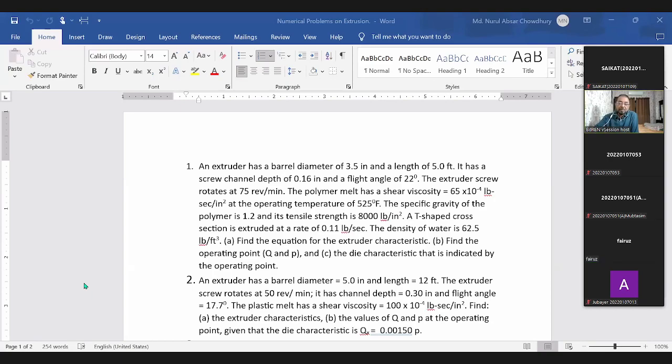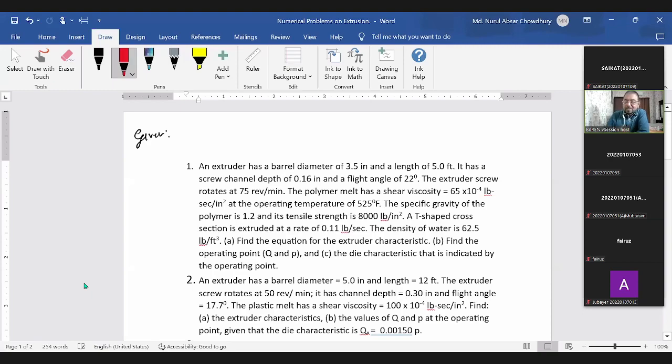স্যার, এই যে এখানে এটারই এক আর দুই। আচ্ছা, এক এবং দুই, তাই না? এখন ধরো, এখানে গিভেন কি আছে আমরা দেখি। ব্যারেল ডায়ামিটার D দেওয়া আছে 3.5 ইঞ্চি, তাই না? লেন্থ L দেওয়া আছে 5 ফিট। চ্যানেল ডেপথ Dc 0.16 ইঞ্চি। ফ্লাইট অ্যাঙ্গেল A 22 ডিগ্রি। এক্সট্রুডার স্ক্রু রোটেটস N দেওয়া আছে 75